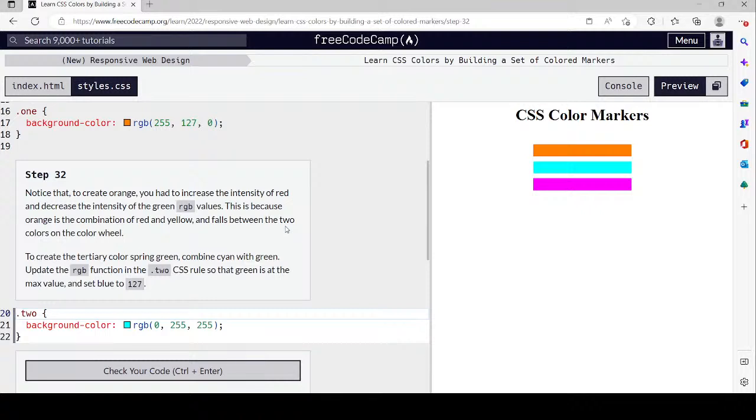Step 32. Decide to create orange. You had to increase the intensity of red and decrease the intensity of green RGB values. This is because orange is a combination of red and yellow and falls between the two colors on the color wheel. To create a tertiary color, spring green,